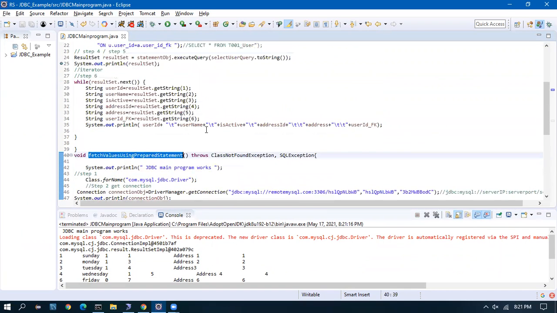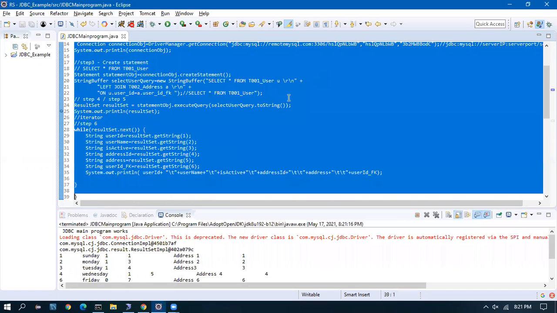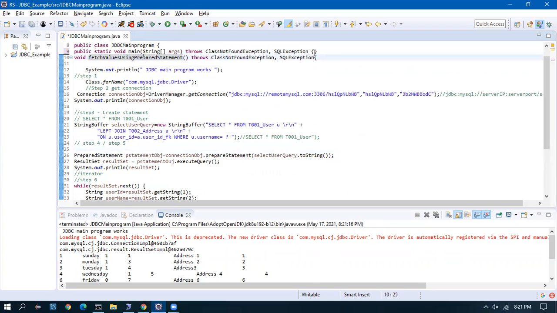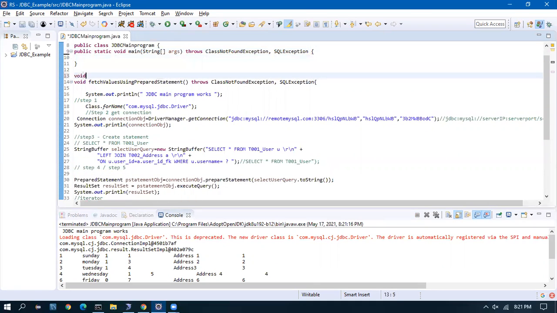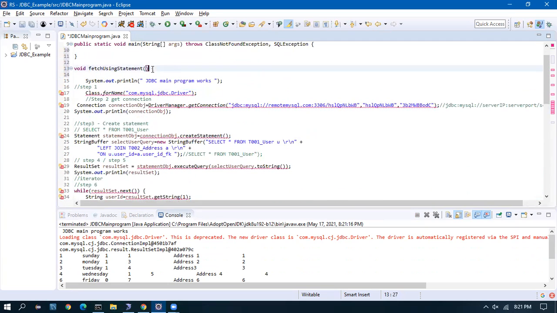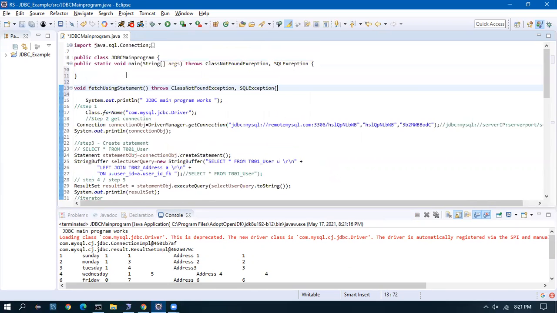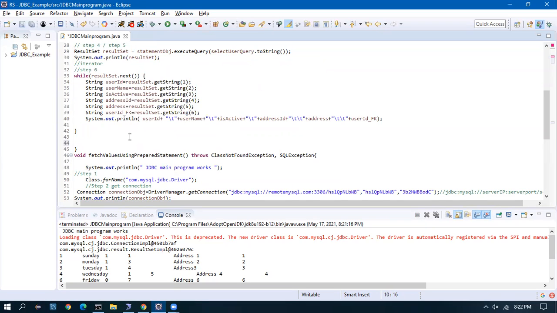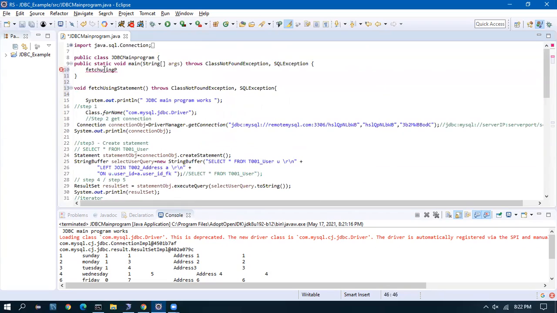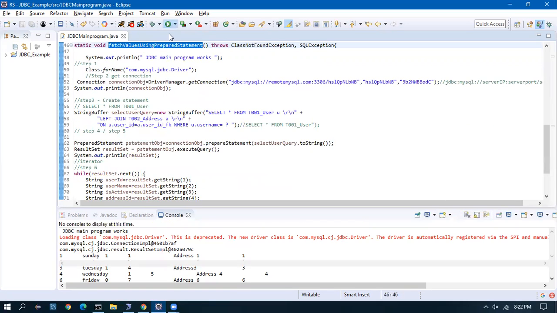I didn't call this method itself. Okay, so from the main program, I'm calling the fetch value for prepared statement. Let us see what happens.